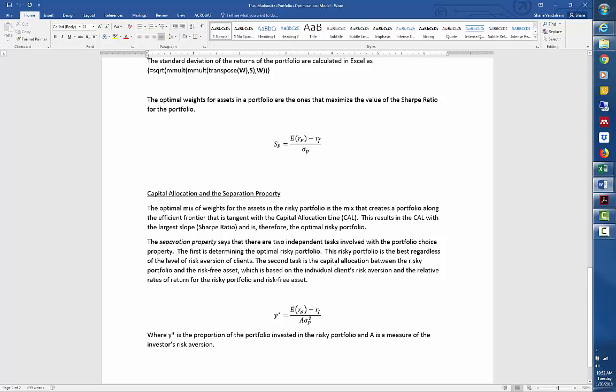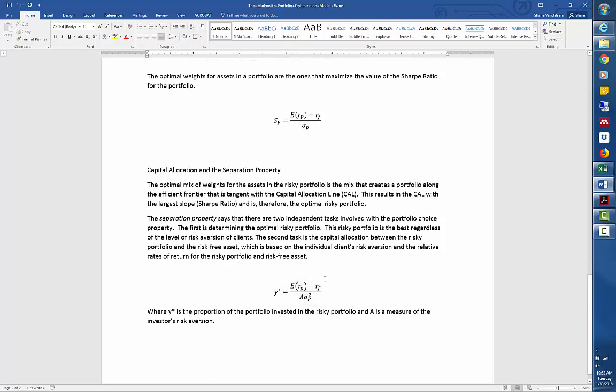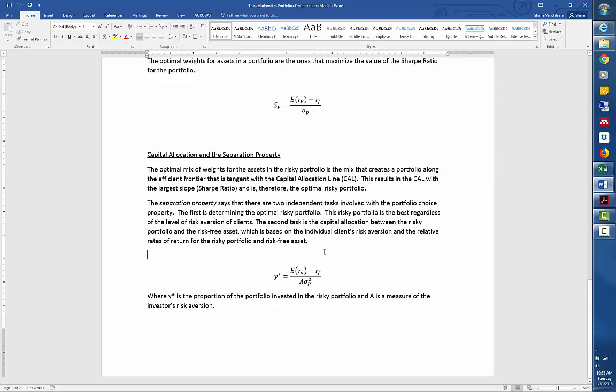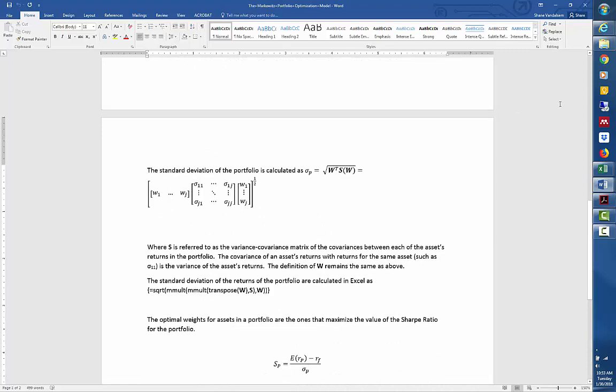And we're going to calculate that based on the following equation that says the optimal weight in the risky portfolio, that's Y star, is equal to the expected return on the portfolio minus the risk-free rate divided by a person's level of risk aversion, which we use a number to signify that, multiplied by the variance of the portfolio. All right, so let's move over to the spreadsheet,